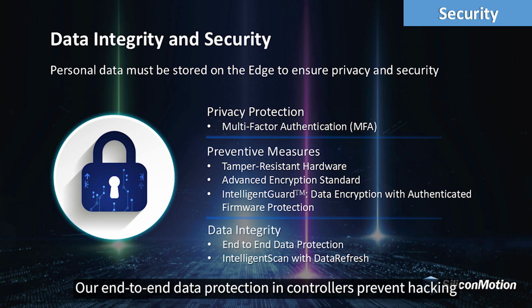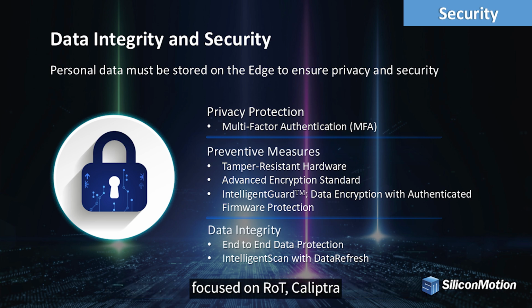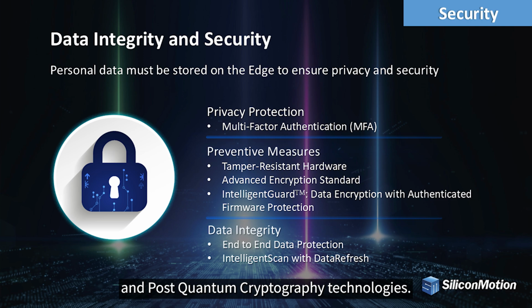Our end-to-end data protection and controllers prevent hacking, and we continue to make investments in enterprise focus on root of trust, Calyptra, and post-quantum